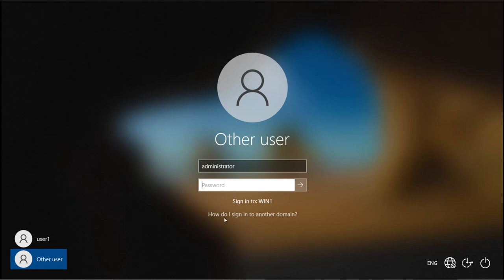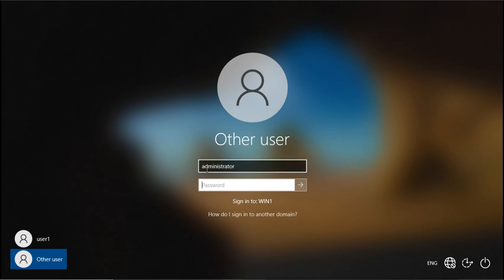Now the local administrator will not be able to do some of the things which require domain authentication, because this machine is now a member of the domain. If there are some settings or configurations that require domain authentication, and it is not a domain administrator, then you will see some errors here. So if you want to do those administrative tasks on this client machine related to domain configurations, you have to log in as a domain administrator, or an account which has the administrative privilege.